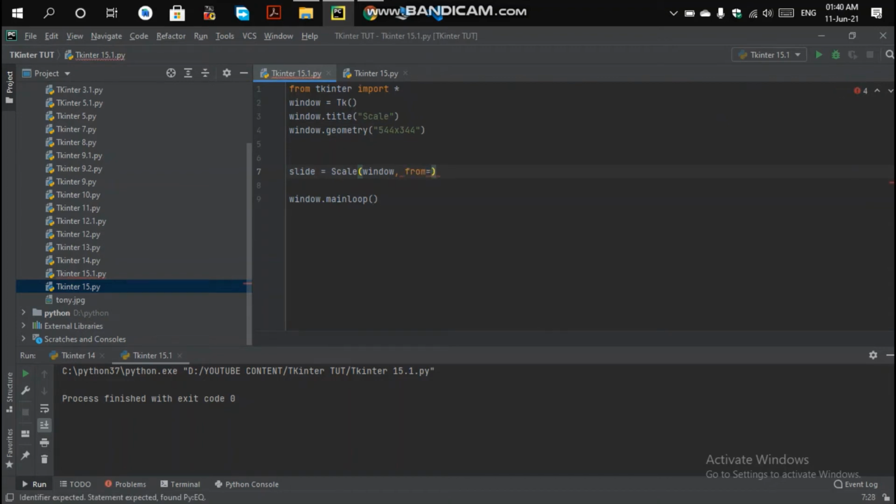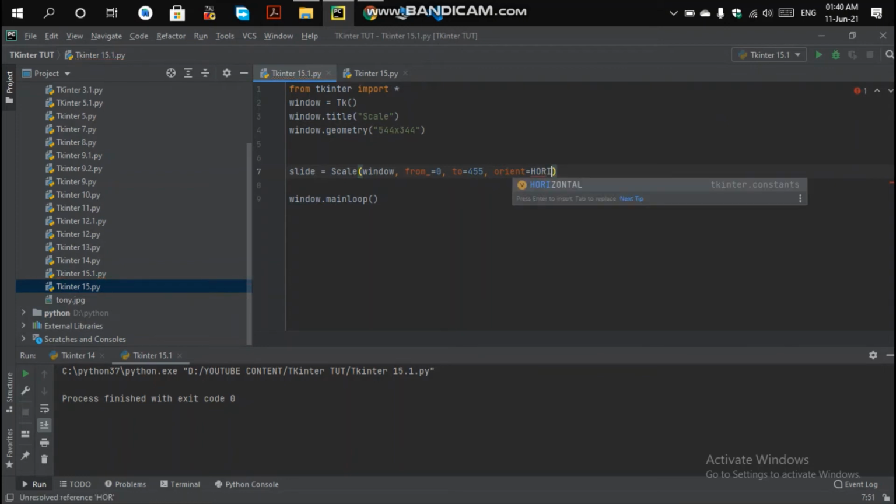I am going to start from 0 till 455. The orientation will be in the horizontal direction, so orient is equal to horizontal.